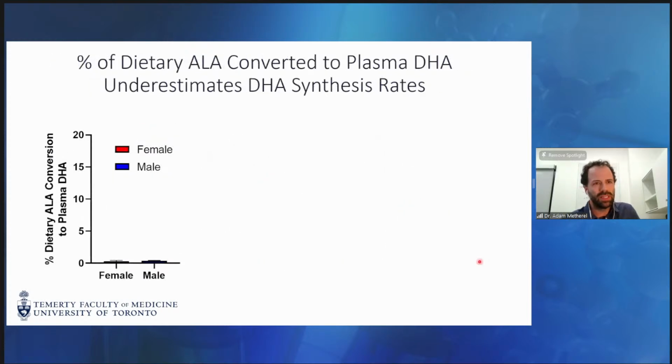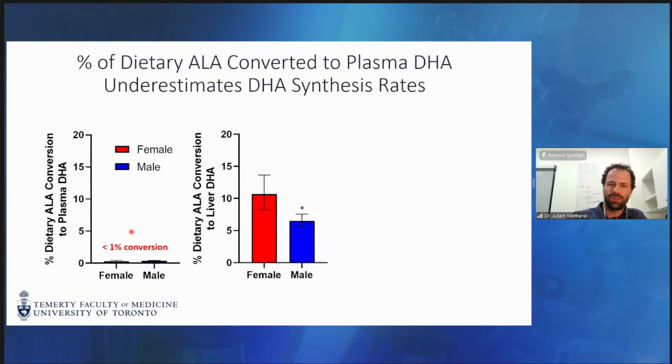And this is the big slide that I want you to really focus in on. Because we collected intake information on the mice, we know how much they ate per day. We were able to calculate percent of dietary ALA conversion to plasma DHA. So this is that value that I showed you earlier from human data, and we're showing at the same time less than 1% conversion, whether you're male or female in the mice. And the numbers are actually about 0.3 to 0.4%. So this is very much in line with what we expect. It also matches some previous rodent studies as well.